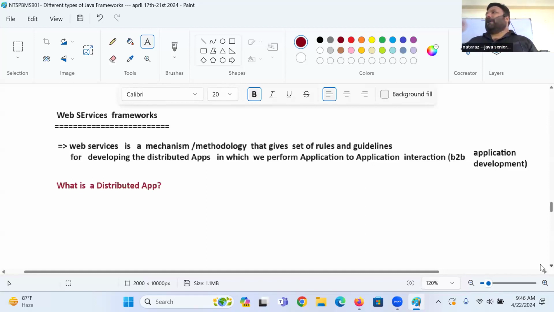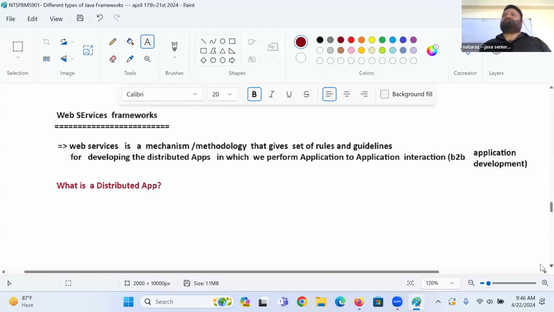Now tell me, guys, for my PhonePe server application, do we have one client or multiple clients? These are all local clients or remote clients? Some clients are local clients, some clients are remote clients. But when I say PhonePe distributed application, don't look at your mobile PhonePe application. That is just a client, one mobile application as a client. I'm talking about the server application which is there in New York City. Is it not interesting? This is one example.